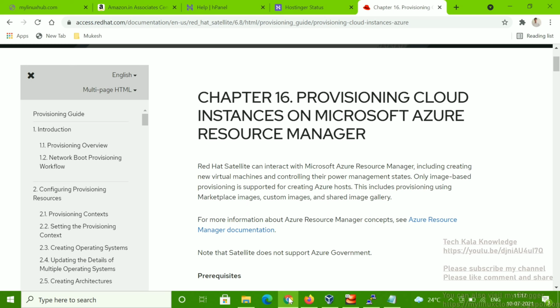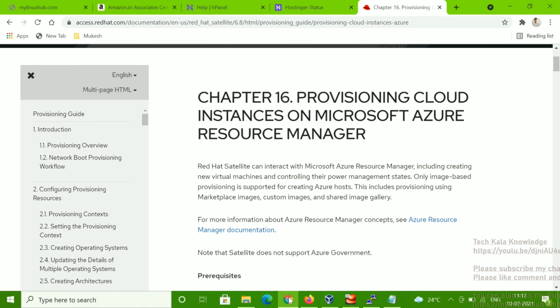I'm going to show you how to set that up. Last week I was working on this request for a long time, and it was working successfully, but now there is one bug, some error.